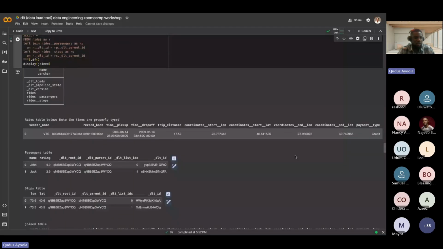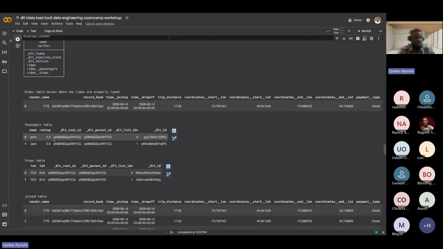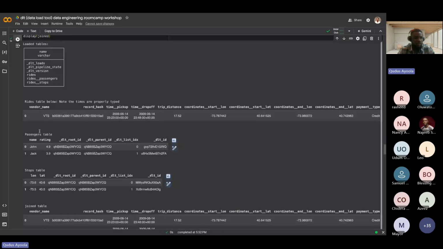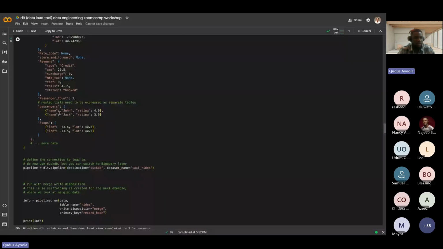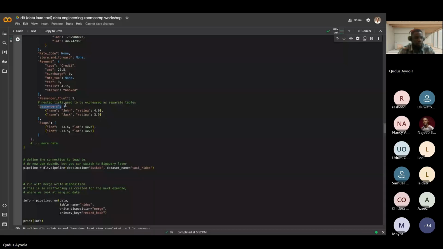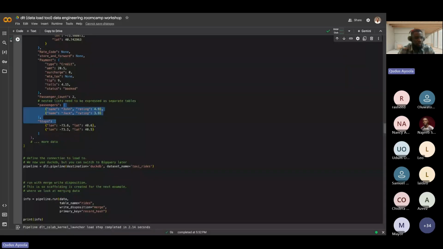So right here, you have another column. What you notice is this is storing information on passenger, which is passenger name, rating, and all of that. So this is also within the lists. So it helps us automatically generate this as a passenger table. If I go to this table here, you see passenger. It has this information right here. So it helps us create a separate table for this.